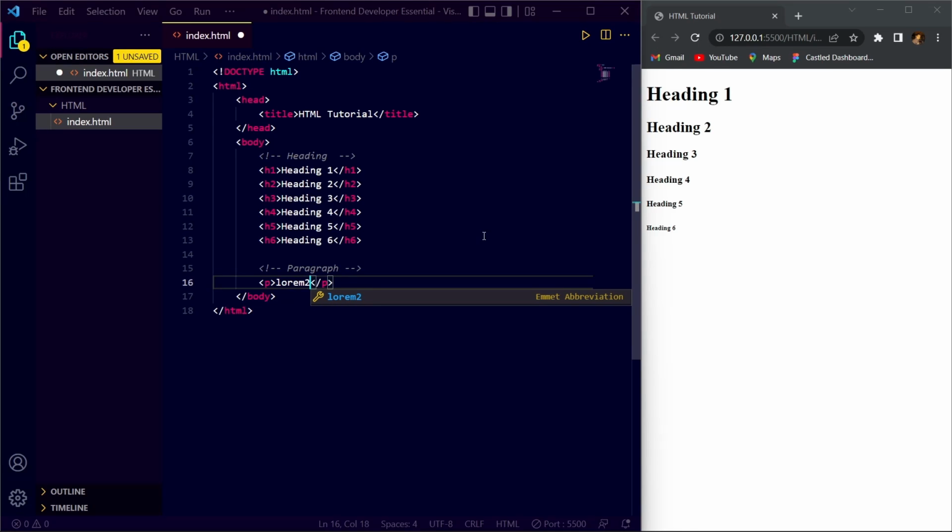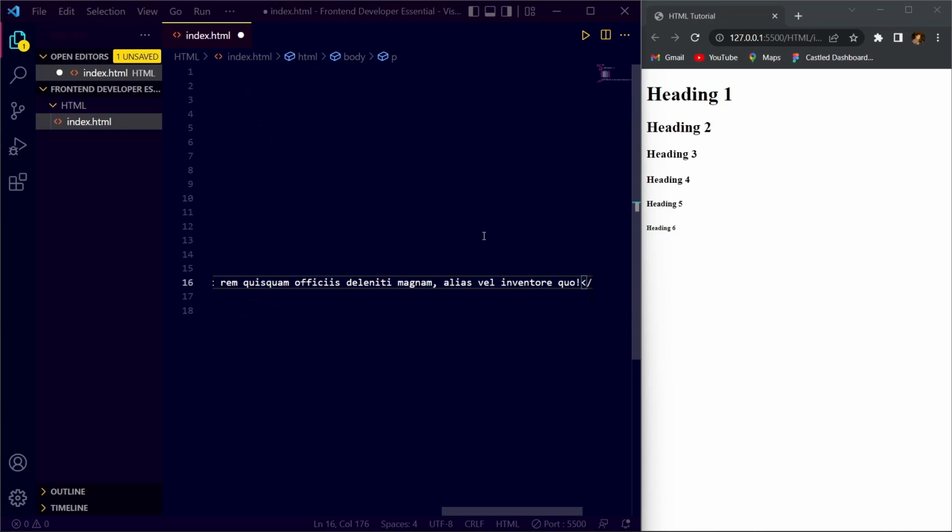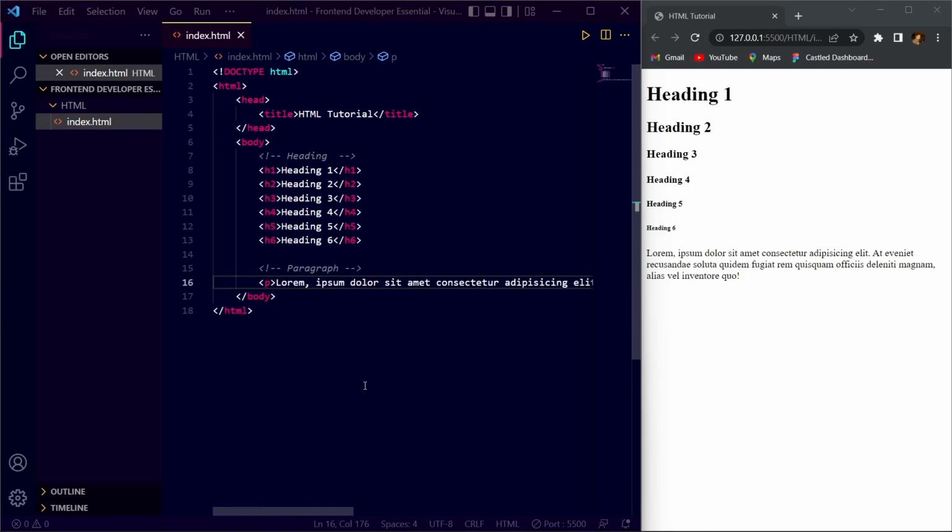Okay, you can write any number of words, and it will give you that number of random words. So if I write this, it is going to give me this number of random words. So right now you can see that the code is going